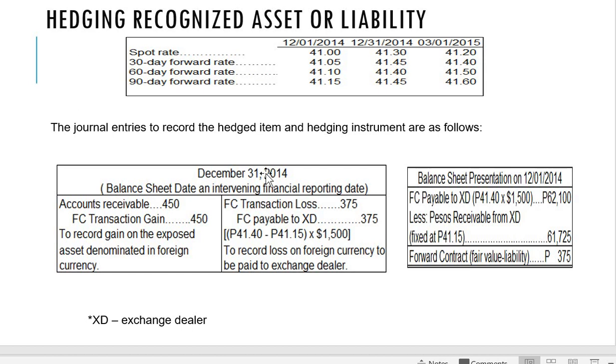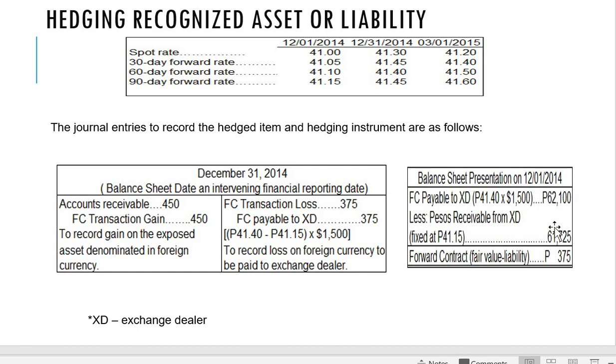And then the foreign currency payable to exchange dealer absorbs the gain or loss. Okay, so record the foreign currency loss: we have foreign currency transaction loss at 375, credit foreign currency payable to exchange dealer at 375. So again, that's 41.40 less 41.15, the 90-day forward rate and the 60-day forward rate on December 31. Okay? So, 375. Okay. So, for balance sheet preparation, since we have foreign currency payable of 62,100 and peso